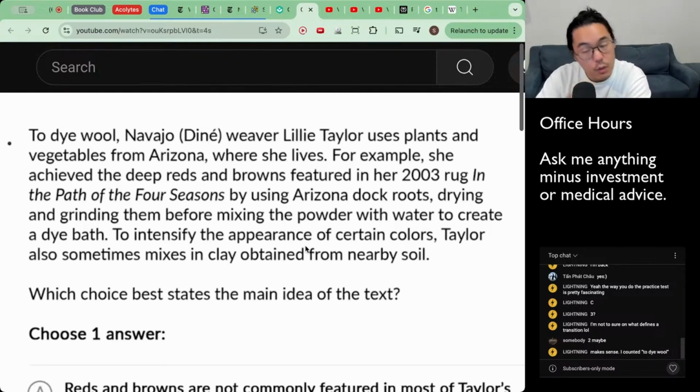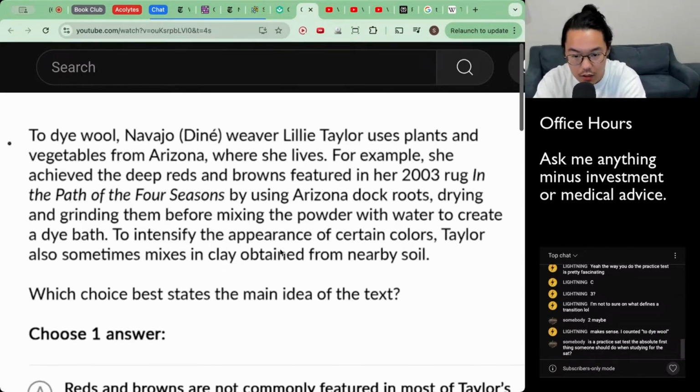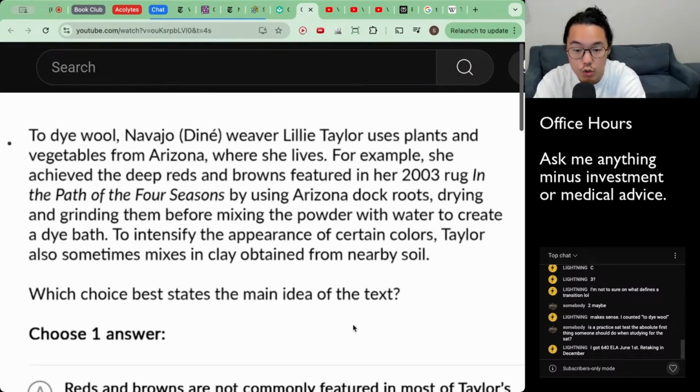How do you get a main idea question right? A main idea question is just a harder version of a detailed question. A detailed question requires you to separate general idea, example number one, example number two, and just see the transitions there. And then the detailed question will say something like, based on the text, what is true about blah, blah, blah, clay? And then you'll be like, clay! And then you'll say something about the clay, right? A detailed question asks you to go into a specific part of the passage, whereas a main idea question asks you to prioritize